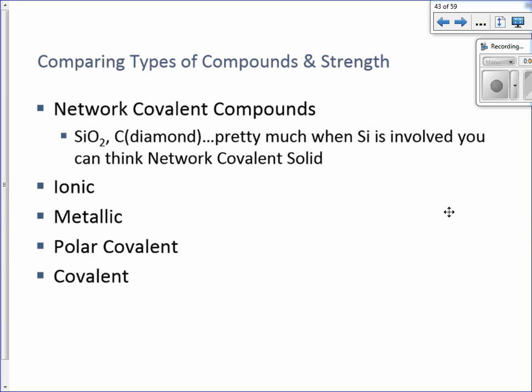Strength. So your 5 main different compounds to be looking at. First one is network covalent solids or covalent compounds. Something we probably didn't address a lot last year. There isn't a whole lot to it this year. But what you'll see in the network covalent compounds is